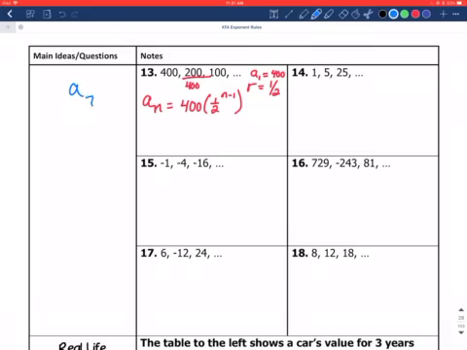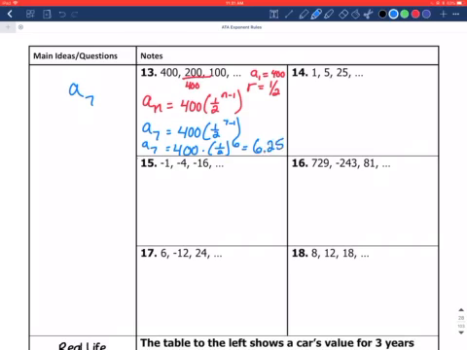And then we will plug in to find 7. 7 minus 1, which will be 6. So you will plug in 400 times 1/2, you can even do 0.5 to the 6th power. You'll plug that into your calculator, and that will give you your final answer of